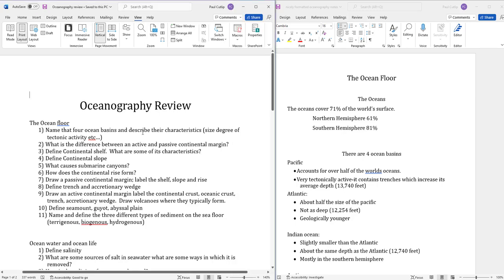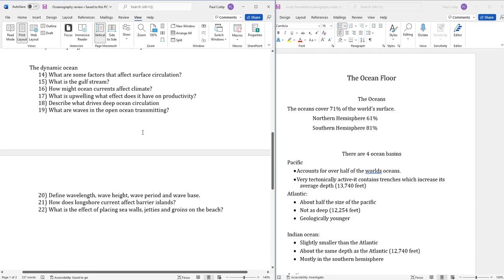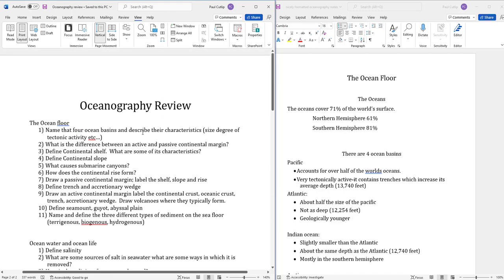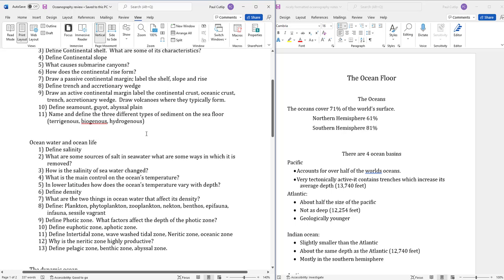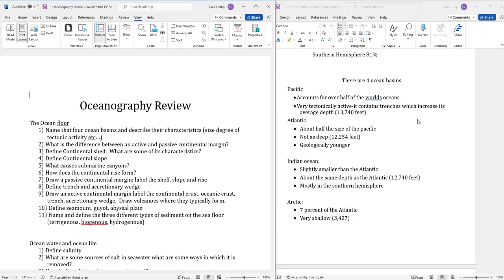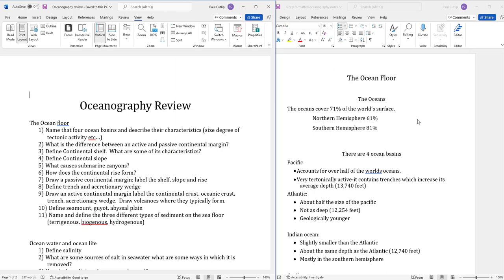We have three chapters: the ocean floor, ocean water and ocean life, and the dynamic ocean, which includes just a bit on beach erosion. So as usual, I've got the review over here, and I've got the notes over here. I'll be highlighting the notes as I go through this, and then I will upload the highlighted notes along with this video. So beginning with the ocean floor,